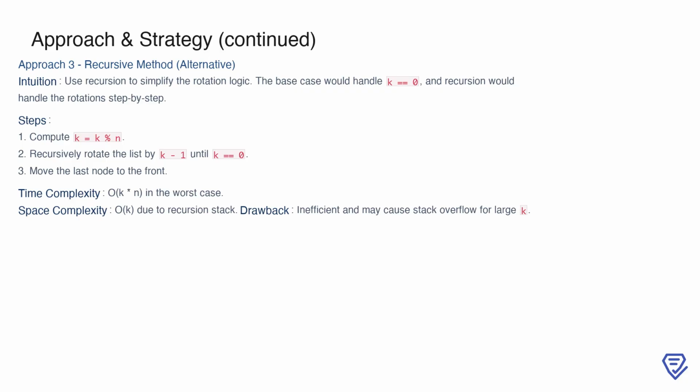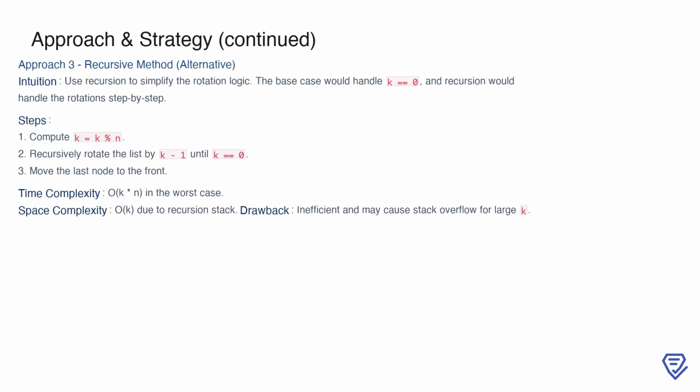brute force approach. However, this method comes with significant drawbacks. The time complexity is O(k*n) in the worst case, as each recursive call involves traversing the list. Additionally, the recursion stack introduces a space complexity of O(k), which can lead to stack overflow for large values of k. While this approach may seem elegant, its inefficiency and potential for errors in edge cases make it impractical